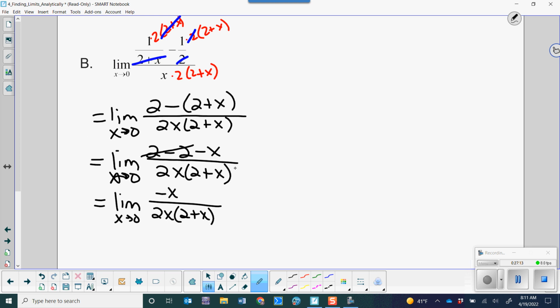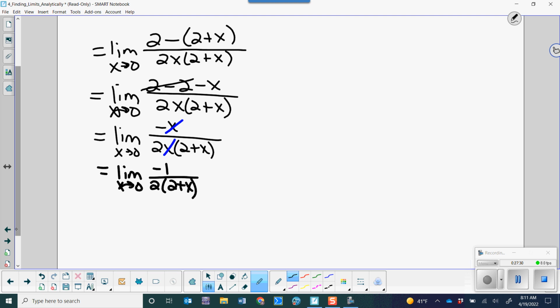But then now your x's can cancel. So now you just have minus 1, don't forget that's not just nothing, it's minus 1, and then 2 times 2 plus x. Again, don't multiply it out, easier just to leave it. Then I plug in 0 here, and so I'm just going to get negative 1 over 4. Okay, now I went through some of those kind of quickly, but this is a video, so you can always stop it and